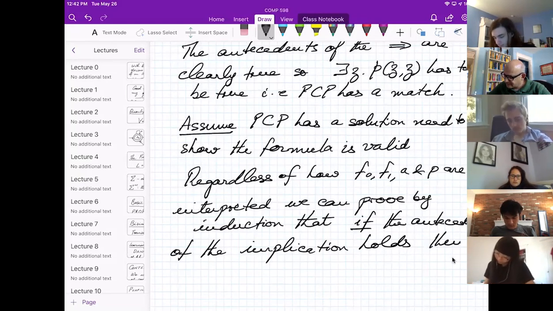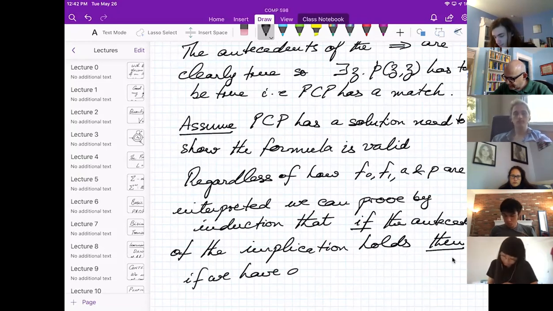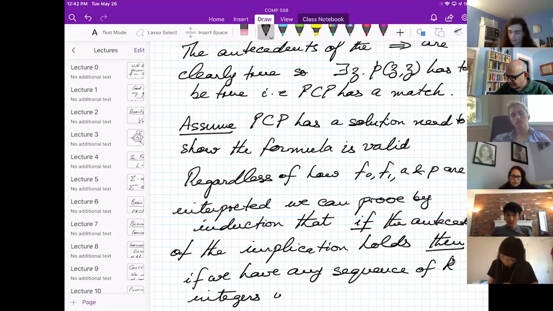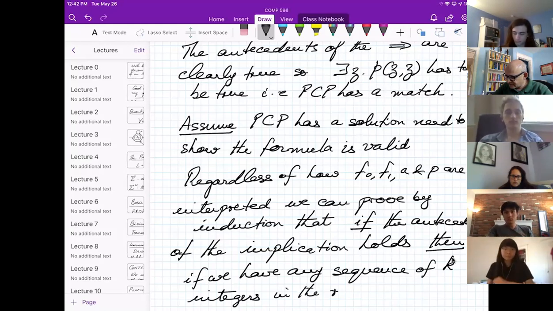then, if we have any sequence of k integers in the range 1 to n.